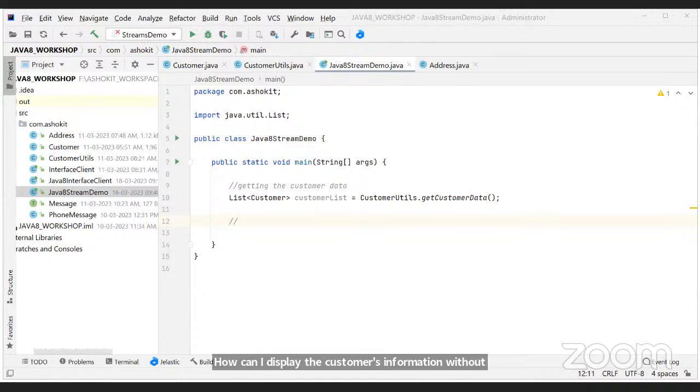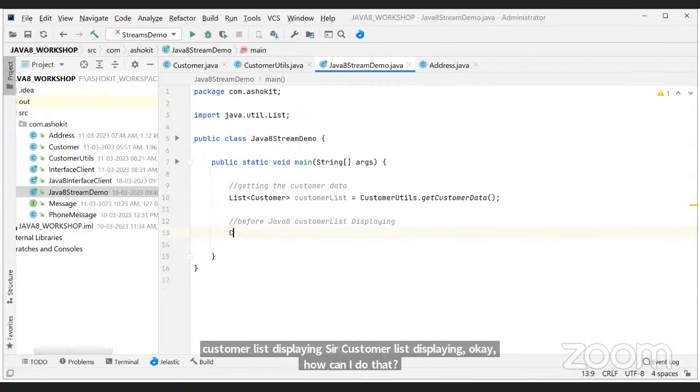Using iterator or list iterator or using a for each loop, right or not, sir? So before Java 8, how can I display the customer list, sir? Simple.